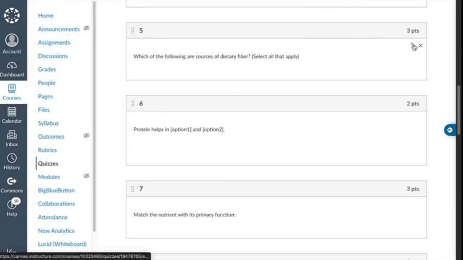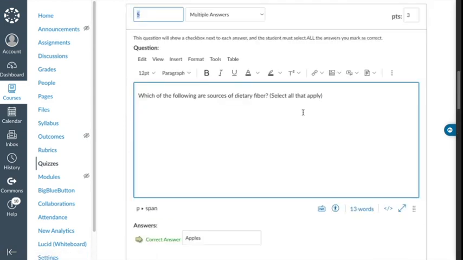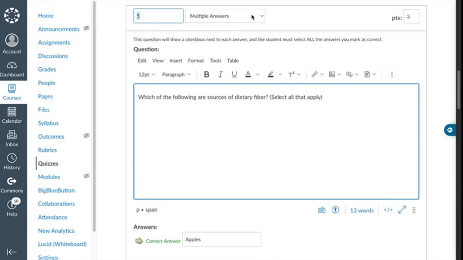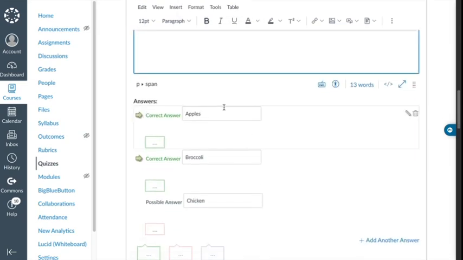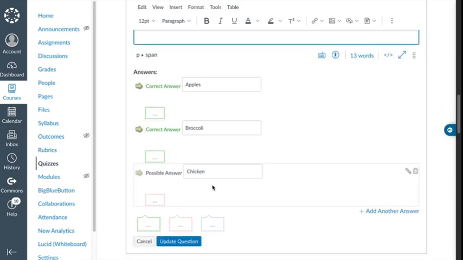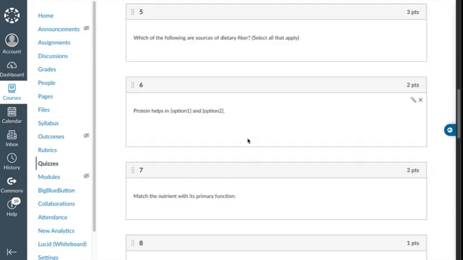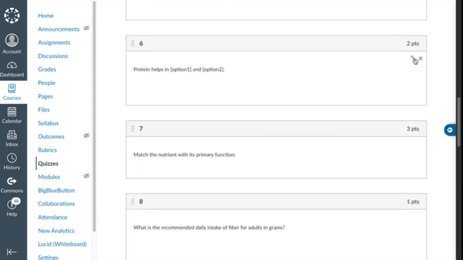Okay, number 5, I decided it's worth 3 points. These are multiple correct answers, so multiple answers. And they will populate here. You go ahead and type in the correct answers and the incorrect answers. You can add as many as you like. Okay, number 6,